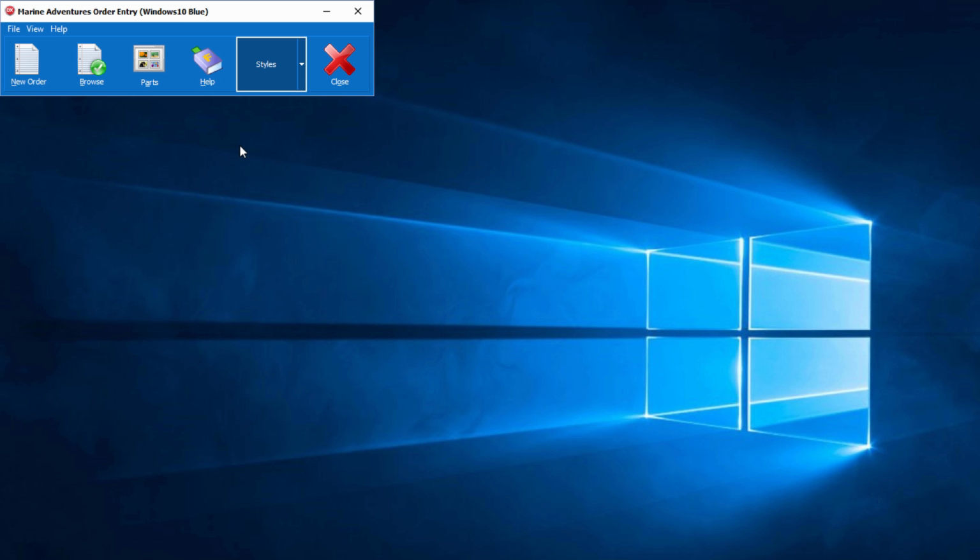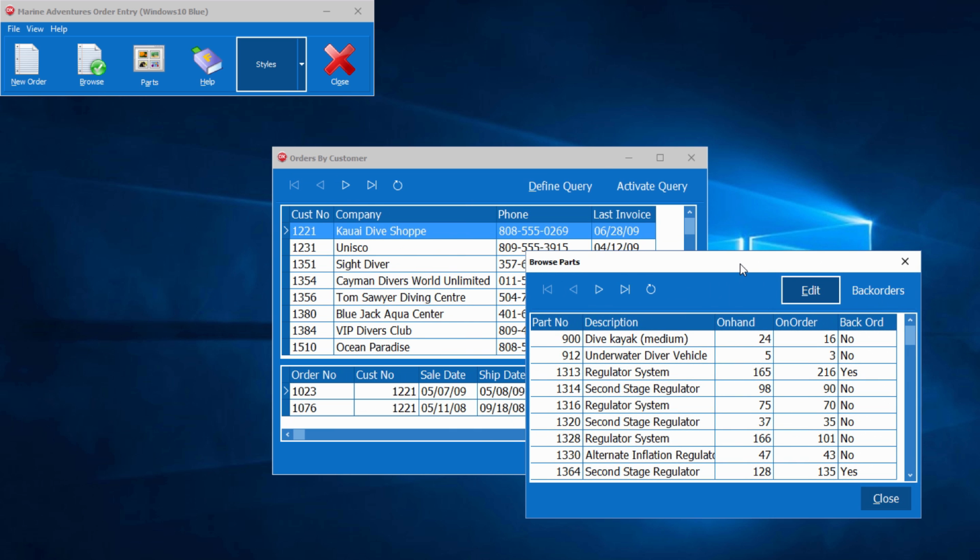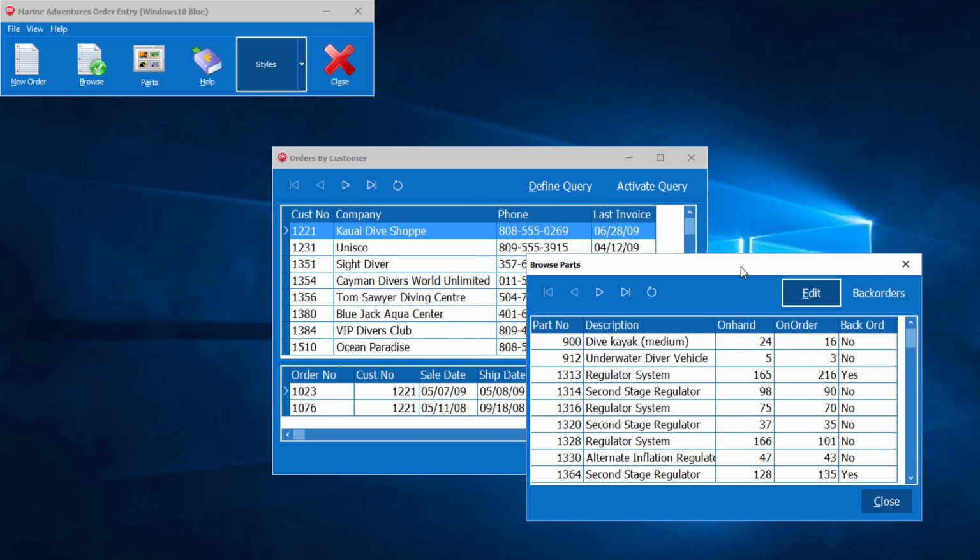Using the Styles pop-up menu, I'm going to change the VCL style to the new Windows 10 Blue. Main menu gets the nice Windows 10 Blue style. Now if I open up forms like the Browse form and the Parts form, we see that both of these forms now get the new Windows 10 Blue Modern UI VCL style. If I close the forms